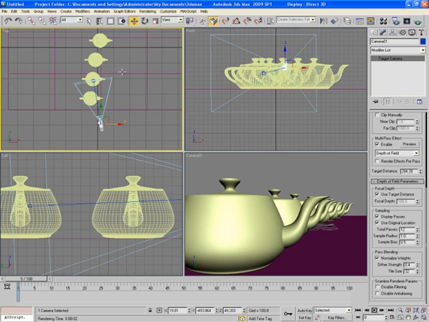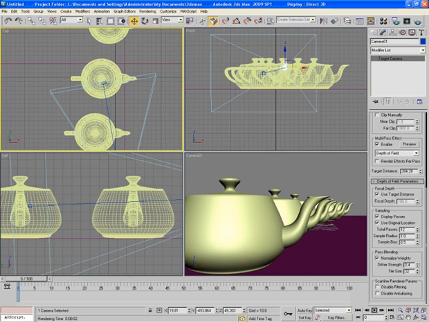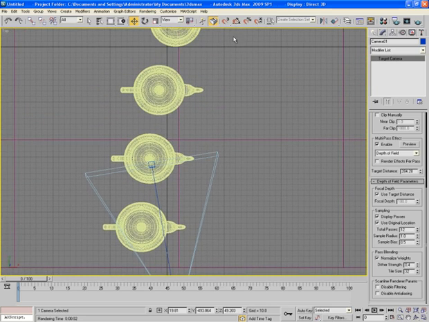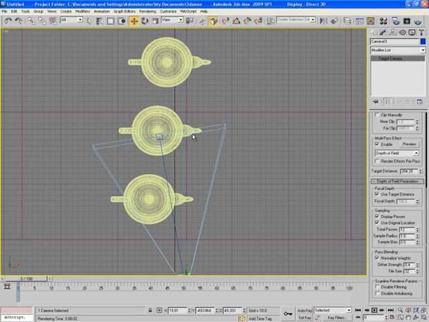It says use target distance, and this is the target of the camera. So it means if the target is here, so this teapot will be in focus and rest of the teapots will be out of focus.